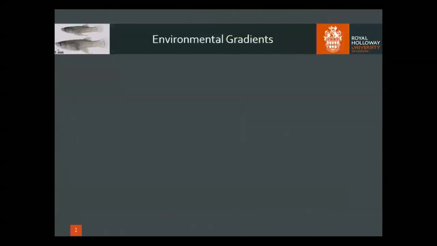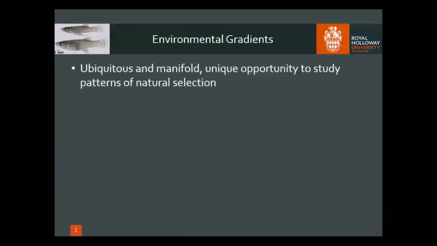But basically, this goes back to the topic we've already had a couple of times today, and that is environmental gradients. And of course, we're all familiar with the fact that gradients are basically everywhere around us. They can be very small scale, they can be fairly large scale. And so we might have salinity gradients, thermal gradients, potentially even biotic gradients like predation or parasite gradients.